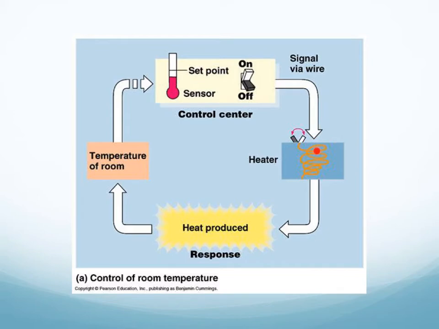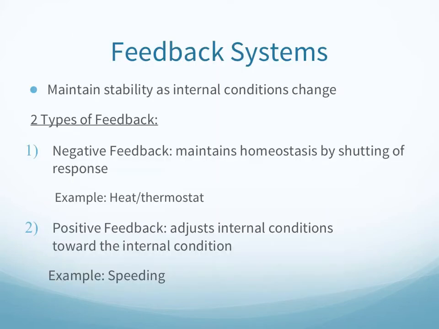So your heater or the furnace in the house is going to get that signal. It's going to, let's say, turn on, and that's going to produce the response. Well, the response is going to increase the temperature of the room to a certain point. And at that certain point, when the temperature reaches the set point again, then the next step would be to shut off that process. So it's really kind of a cyclic process if you think about it in home heating, but it's much like the body would regulate.